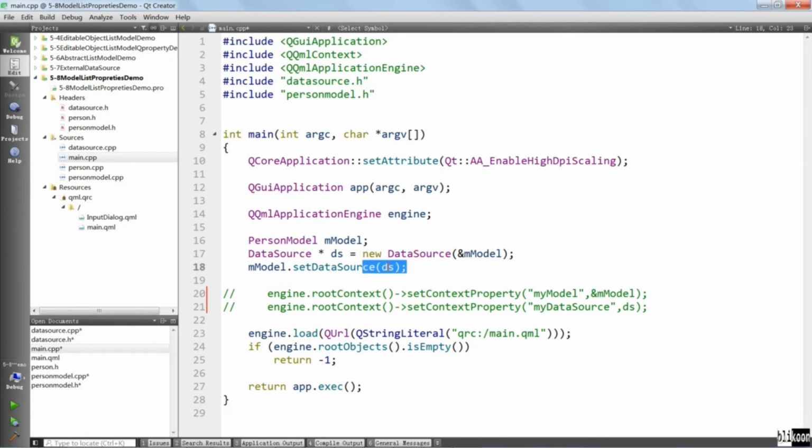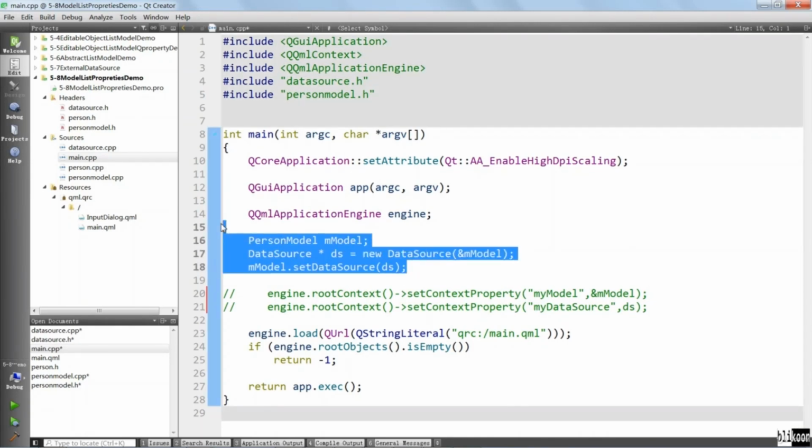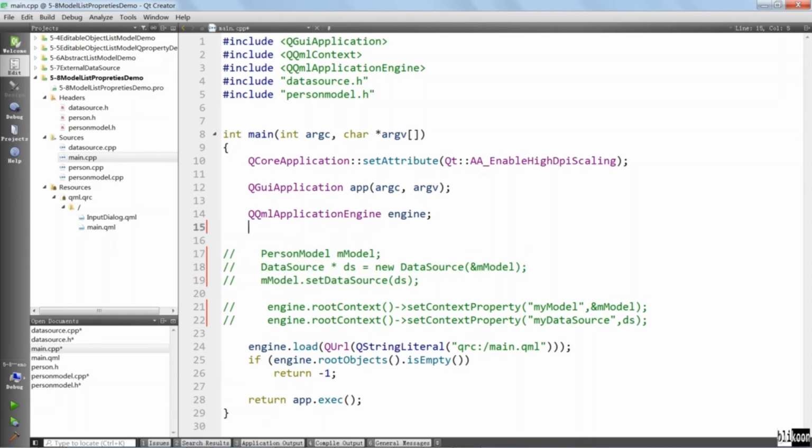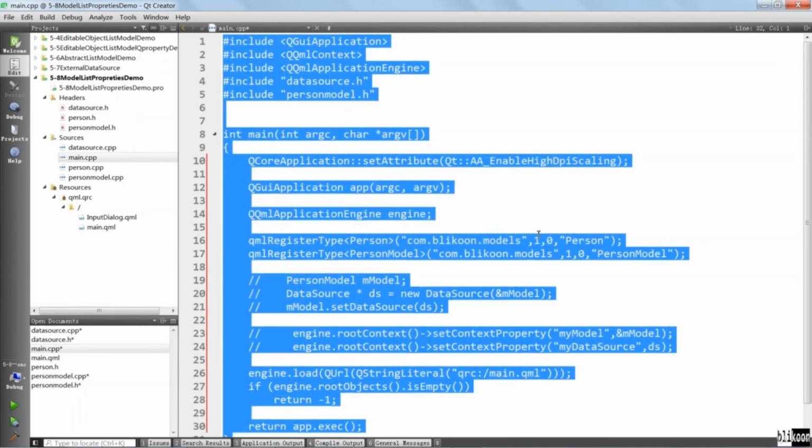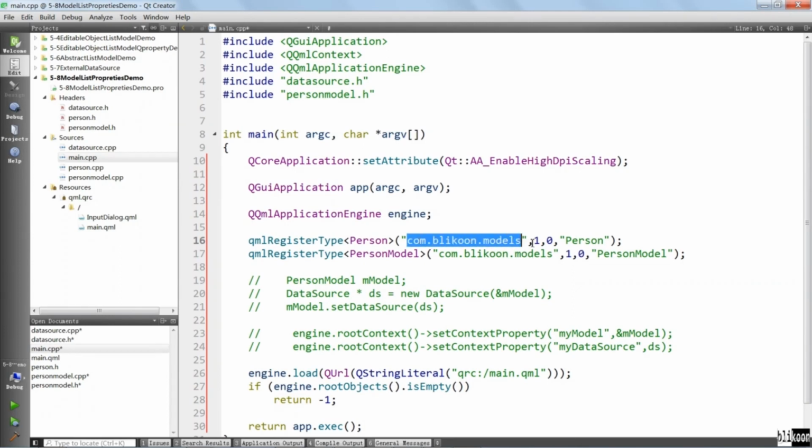We are also going to get rid of this instantiating of the model and immediately say QML register type, the person, and QML register type, the person model. Control A, Control I to align. The rest is really everything you know. These are going to be in the module called com-blycon models,